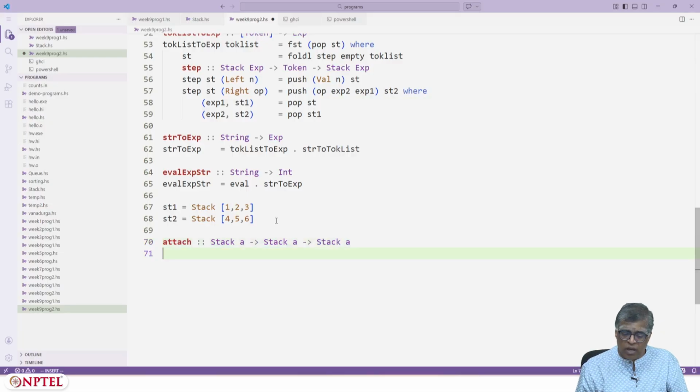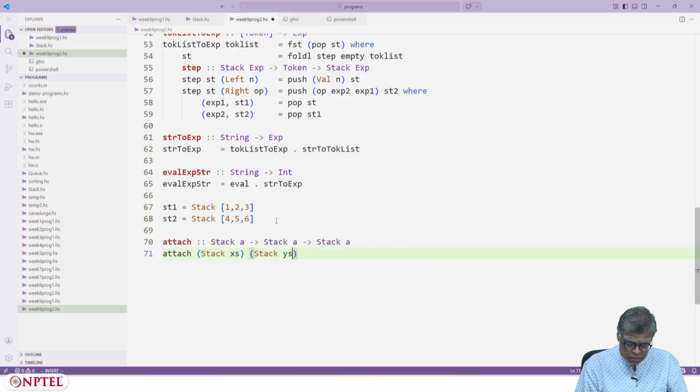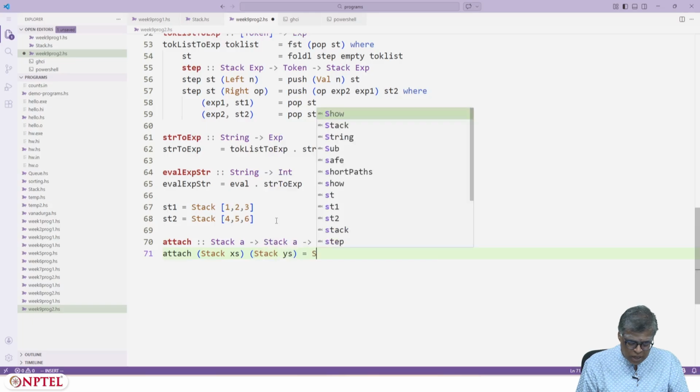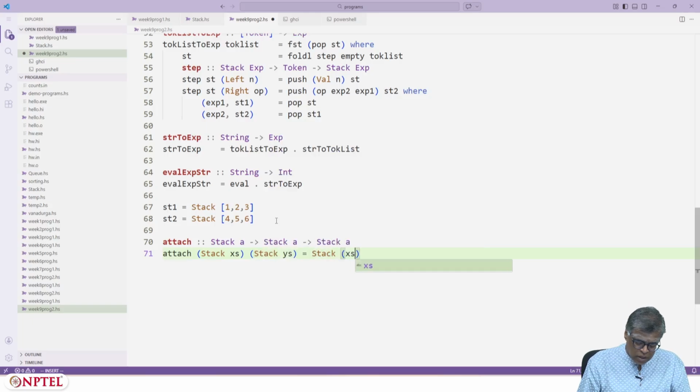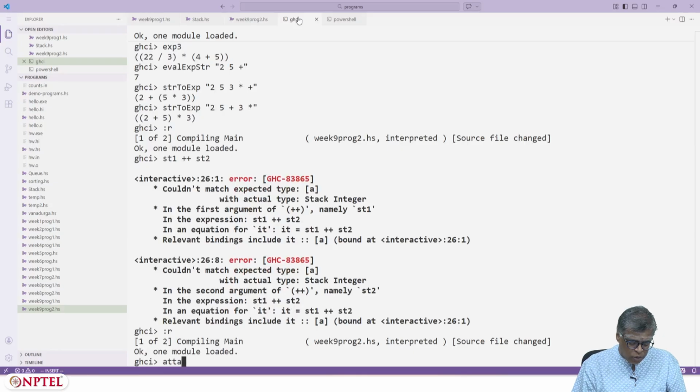Attach is of type stack A arrow stack A arrow stack A, and attach of stack x's and stack y's is nothing but stack of x's plus plus y's. And I can actually now do attach of stack 1, 2, 3.